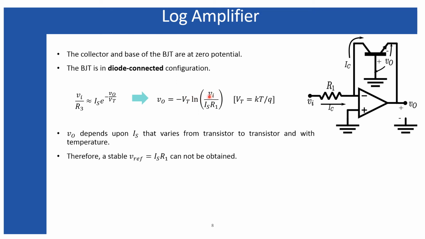the input voltage Vi. Now, in place of this bipolar junction transistor, you can easily place a diode which will bring you a similar expression over here, but there are a few difficulties that we may face if you place a diode. Those difficulties will be clear later when I discuss a more compact circuit of the logarithm amplifier.